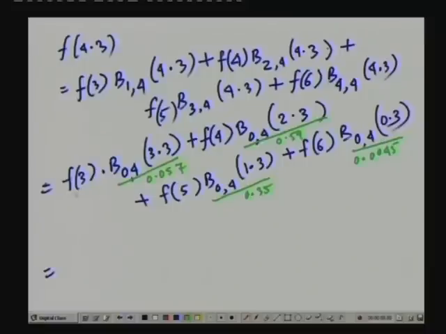And by using the values of f3, f4, f5 and f6, if I compute this equation, then I get the final interpolated value to be 2.7068. Now, if I do the same computation using constant interpolation, and as I said, constant interpolation is